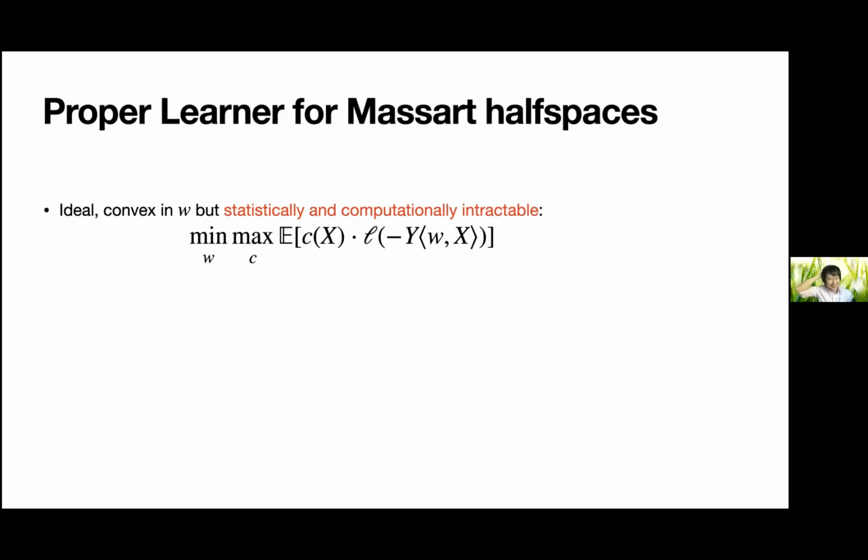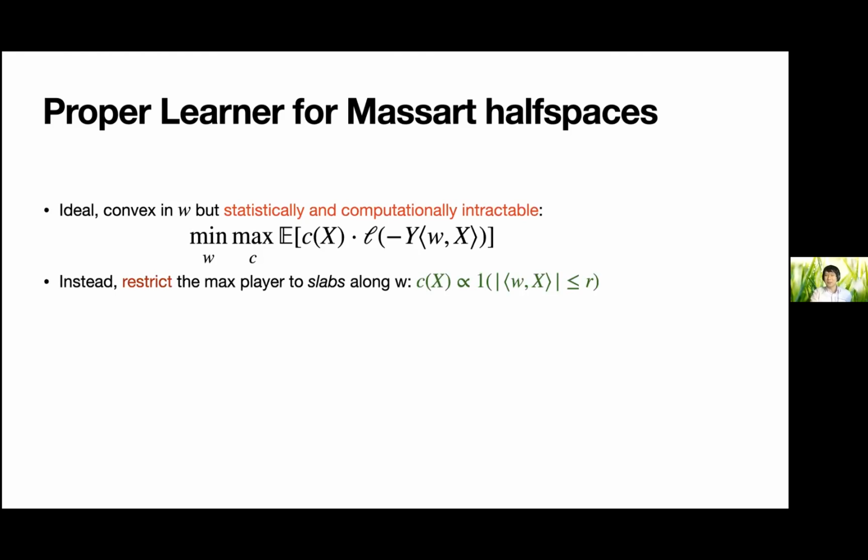Now, what's the problem with this? It's basically impossible to solve this. And it's not just a computation issue. Obviously, it's very hard to come up with an algorithm that searches over all reweightings C of x. But the even bigger problem is that it's not statistically possible to do this. Why? Because you could pick C of x supported on one point. And if I draw samples from a Gaussian or whatever, I'm never going to get a sample that lands on that point. So even with an infinite amount of data, you still would not be able to estimate this expectation on the inside. And so this formulation actually doesn't seem that helpful.